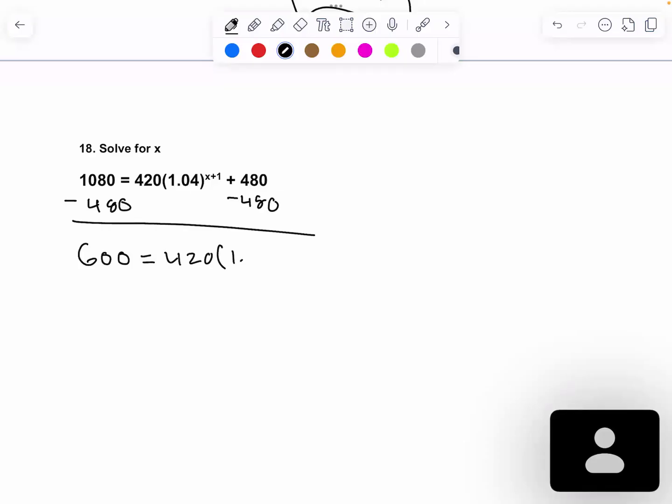Then I'm going to divide by 420, right? So let's see what 600 divided by 420 is. Okay, so when I divide this so that it cancels out on the right, I get 1.4286